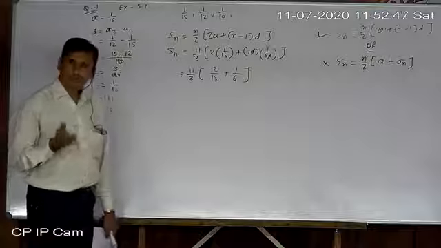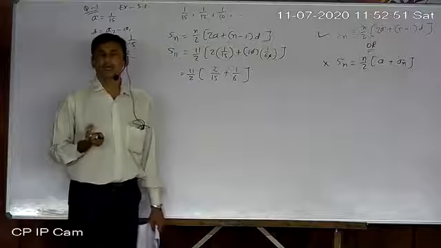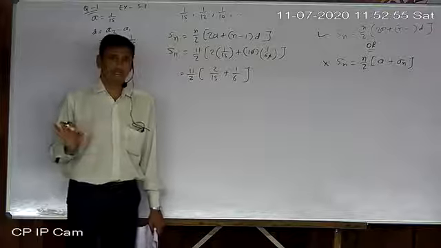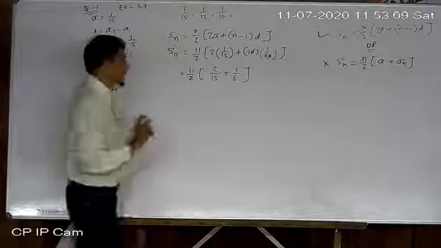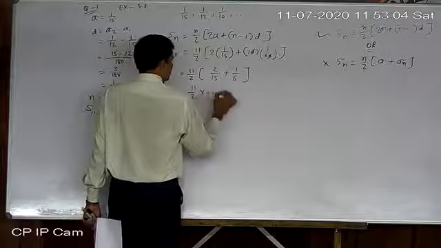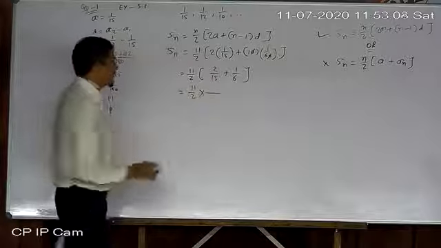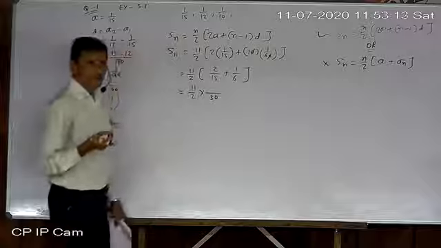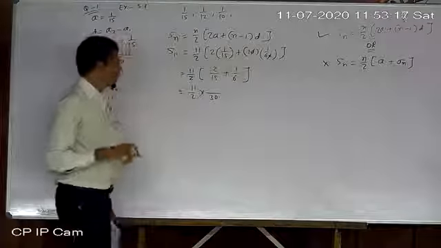Whenever there is an addition or subtraction of fractions, at that time we have to take the LCM. Without the LCM we cannot add or subtract fractions. So now you just take the LCM here, otherwise cross multiply. I know the LCM is 30. If you are not good at taking the LCM, just cross multiply by 30.